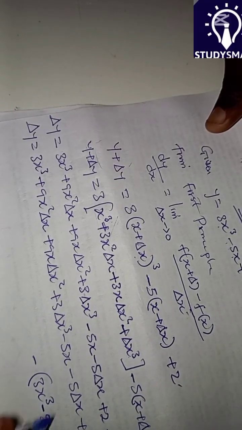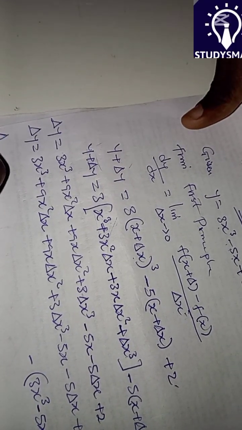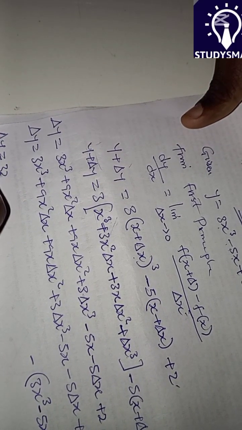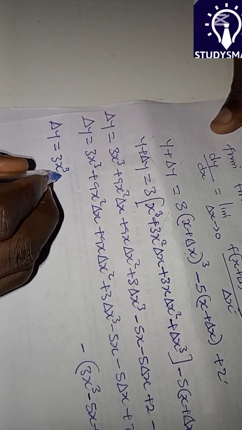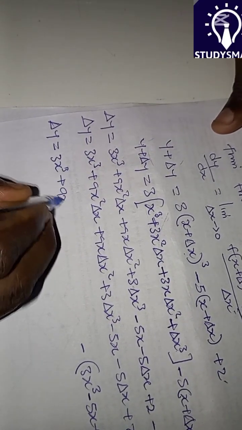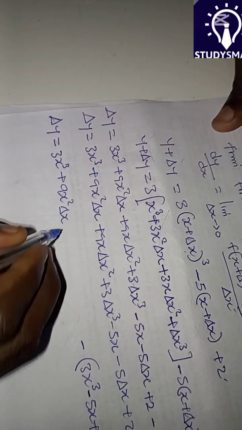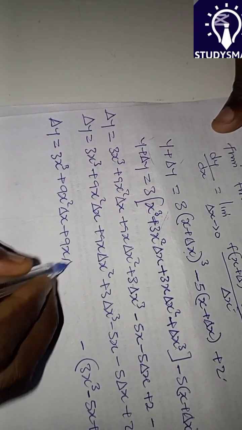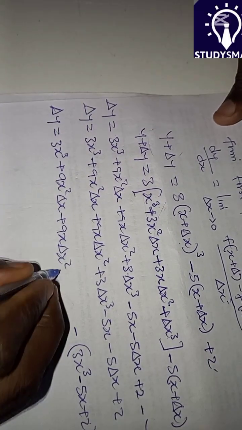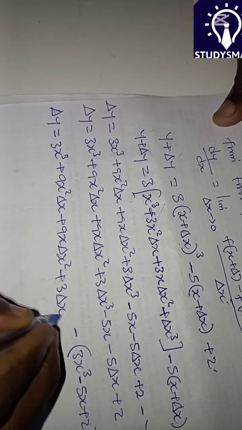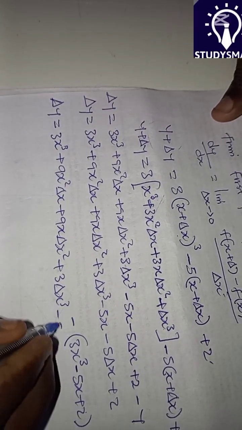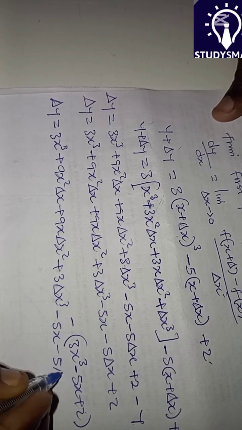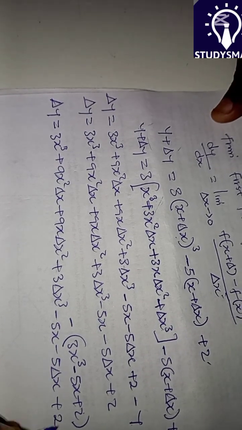So opening up this bracket, I'll have delta y equal to 3x cubed plus 9x squared delta x plus 9x delta x squared plus 3 delta x cubed,